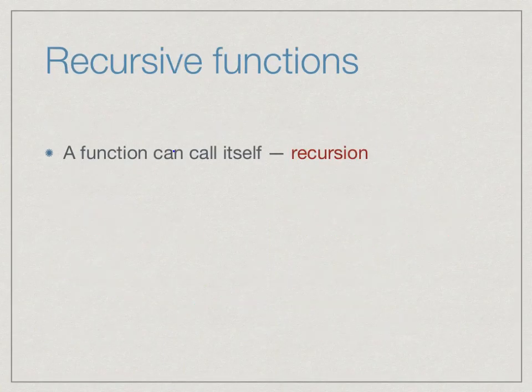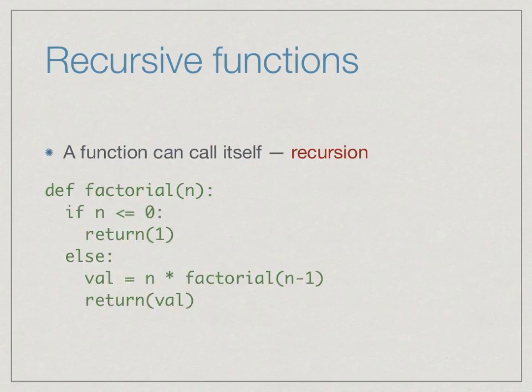A final point that we will return to later when we go through more interesting examples as we proceed in programming is that a function can very well call itself. The most canonical function of this kind, these are called recursive functions, functions which rely on themselves, is the factorial function. So if you remember,